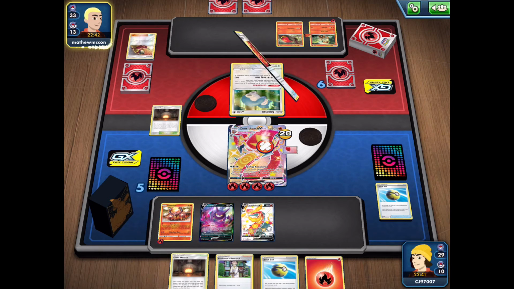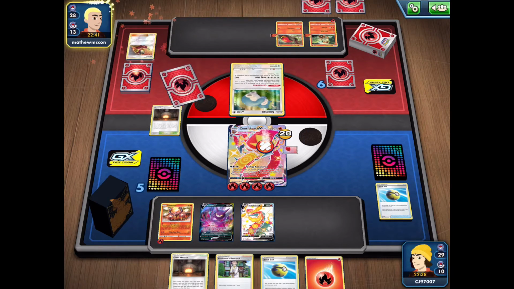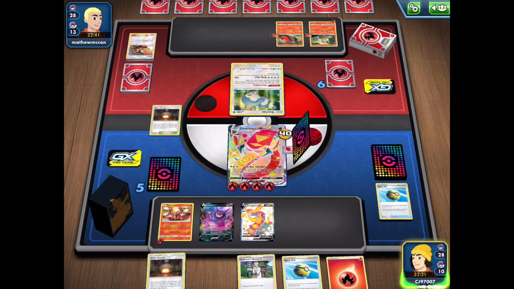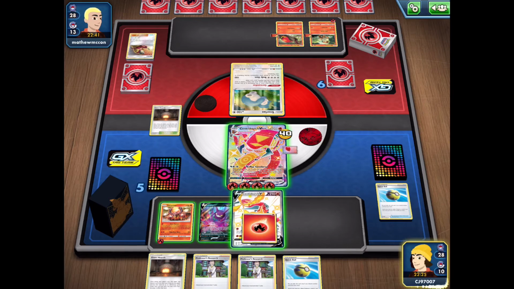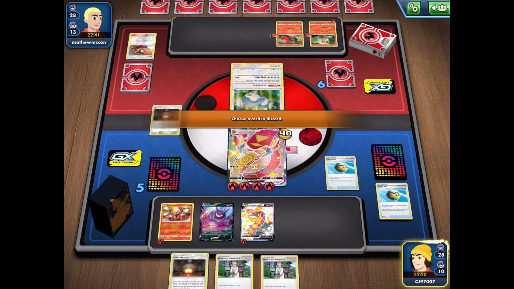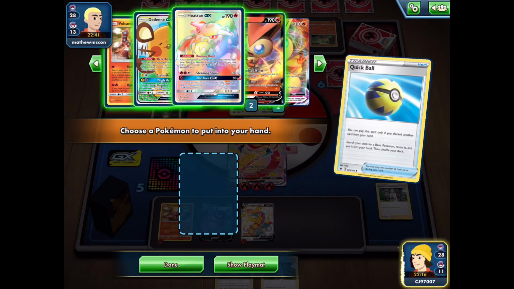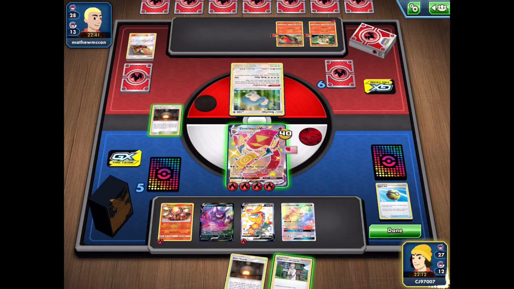Considering they are an evolution based deck, they are taking a little while to get set up, as we do have a similar deck considering we're both playing the Centiskorch. Now it's going to be going into our turn. We are cured from the burn, which is great, and we can start attaching energy onto our benched Pokemons here. We have a Quick Ball, we can get rid of one of these Professor Researches, and we can grab ourselves the Heatran GX just in case we want to make use of that at some point,